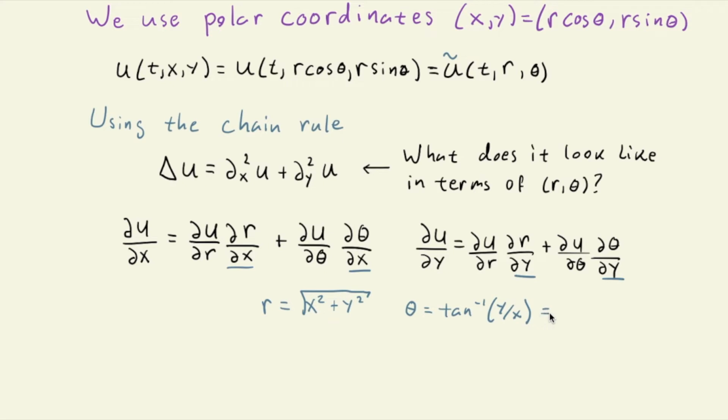But you could use, so this will not be defined when x is equal to 0, for example. But in fact, for you to take a tangent inverse, you also need to assume that the y variable is positive to use the normal definition of tangent inverse. In any case, we're not going to dwell very much on this issue. You use the chain rule and you plug these things into the expression for the Laplacian, and you find, okay,